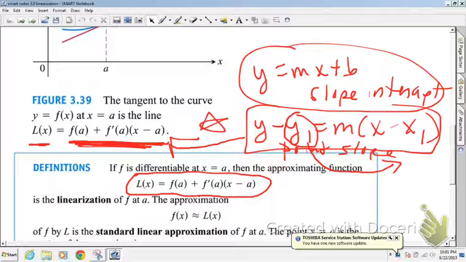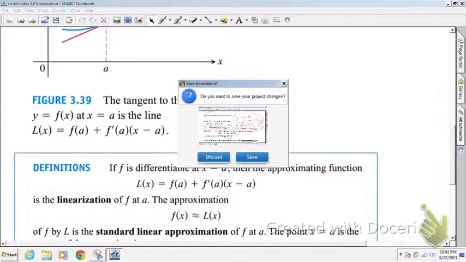Makes the computation easier to do, as we will see right about, yes, here. So